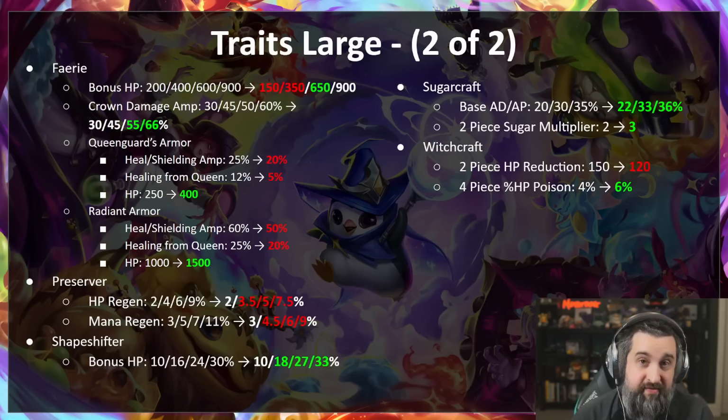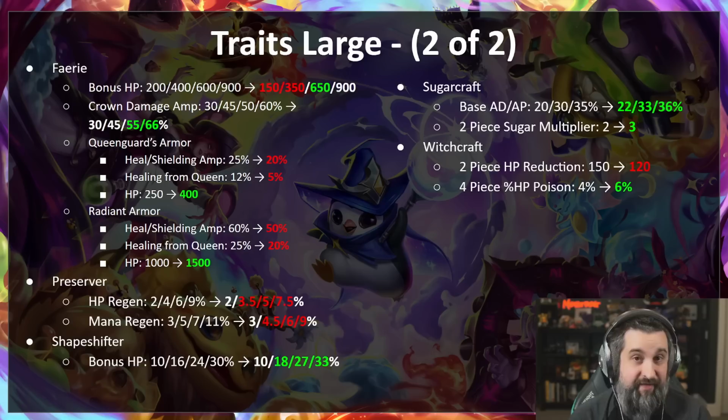Or even, I've had pretty successful games where you're just running the 2-piece all game, and you can even make it to the final stack with just the 2-piece. So Sugarcraft should have some more options. This should help champs like Soraka, Jinx, Gwen, stuff like that. And yes, I'm sure people are going, Gwen, she doesn't need help. We'll get to